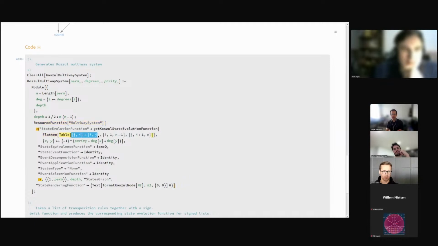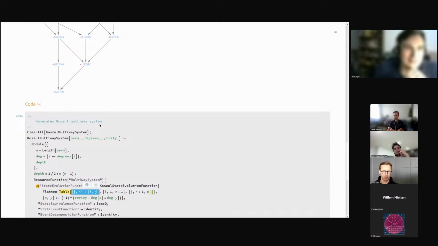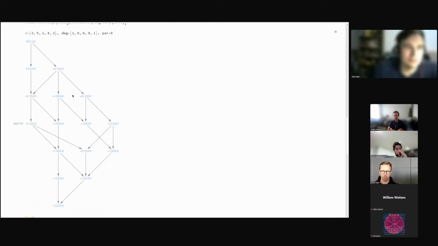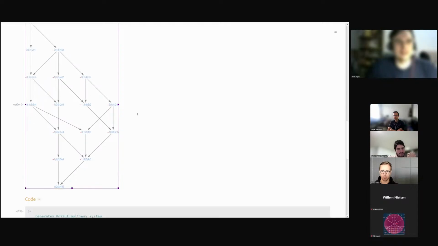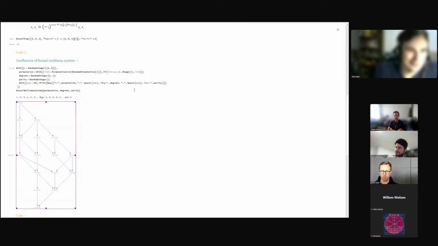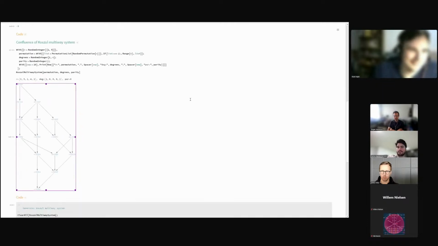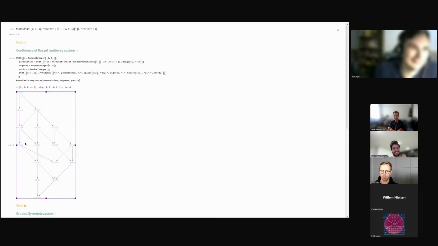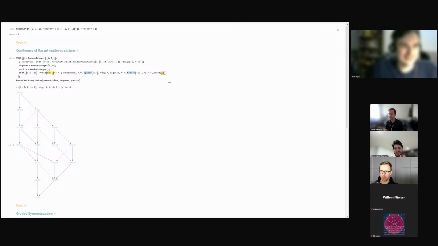If j is bigger than i, then you flip them. Okay? And basically, if you apply these rules in all possible ways, and you keep track of the sign, which is here this red thing, you get confluence in the end. And this confluence is equivalent to the fact that the causal sign is well defined. This is a very nice, fun effect. Yeah, that's super cool to see in that explicit way.